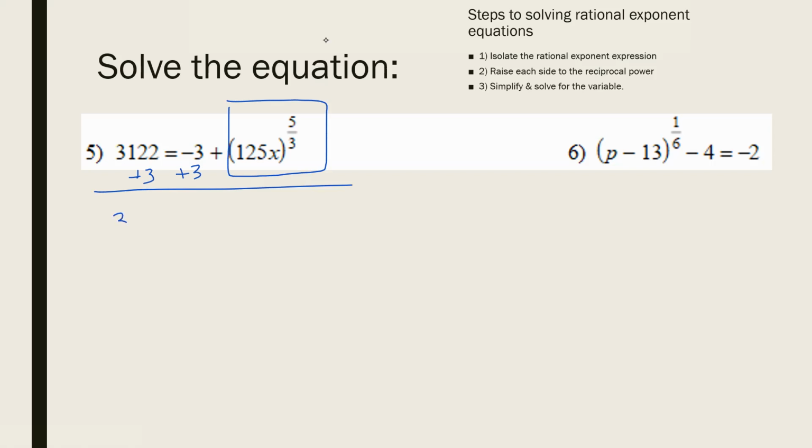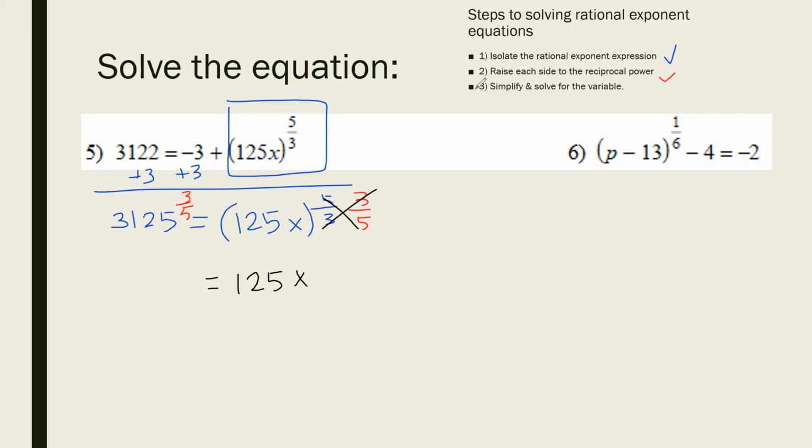This leaves us with 3,125 on the left if we add 3 to both sides, to isolate 125x to the 5/3. Boom, done. Step 2 says to raise each side to the reciprocal power. So we're going to raise each side to the 3/5. Boom, done. We know that the right-hand side is going to simplify to 125x. The left-hand side, though, we're going to need to